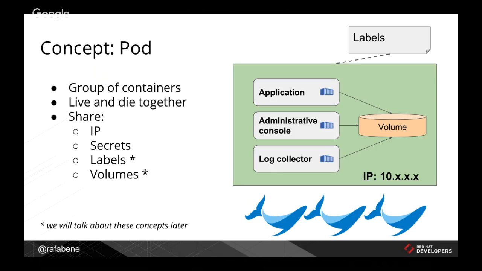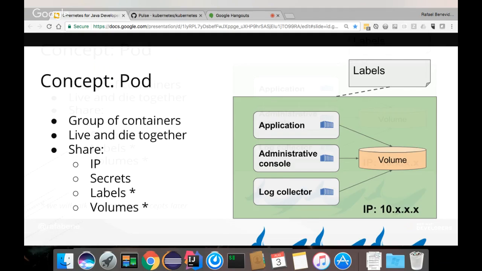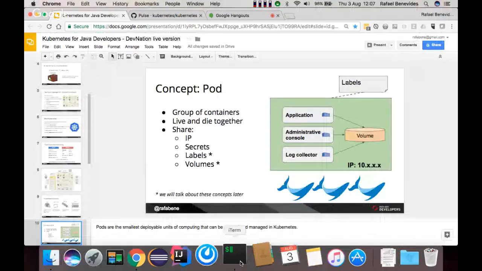For example, you have an application, you have an administrative console, you have a log collector, and all those containers need to work together. So we will have a pod with 3 containers. Every pod shares the same IP address, the same volume, the same environment variables. Okay, so let's start here doing a live demo and playing with